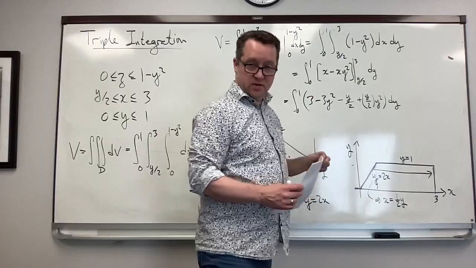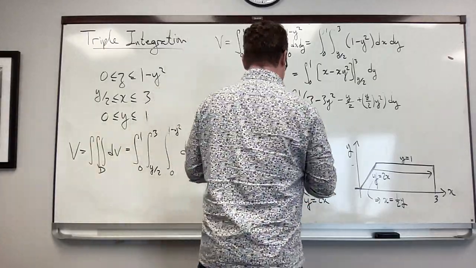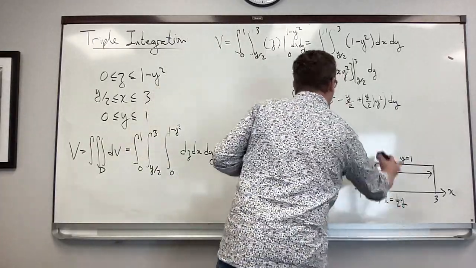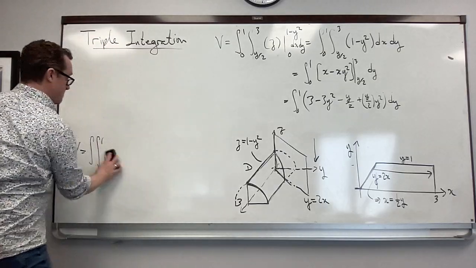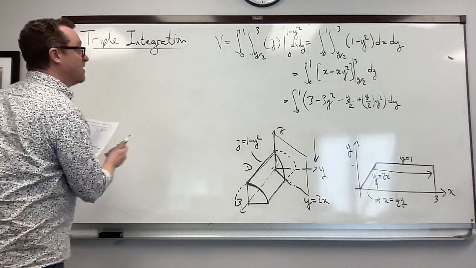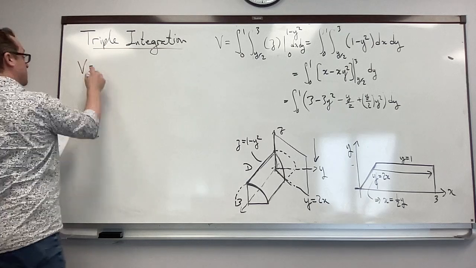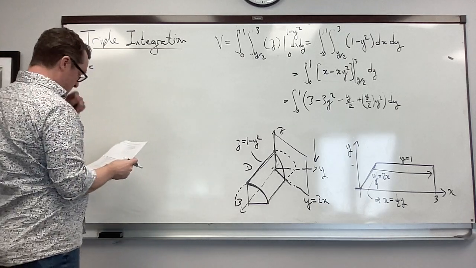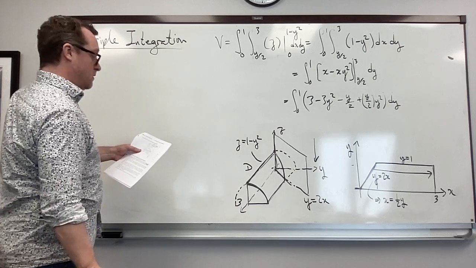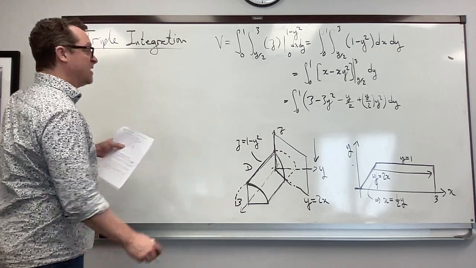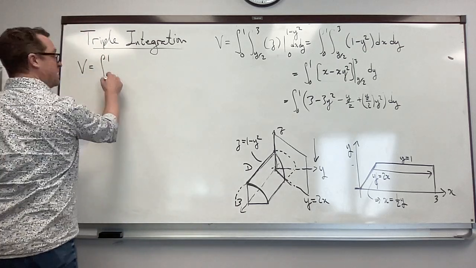All the x's are replaced with those limits, as always. Now I'm going to move back over here to keep the diagram the same. Our volume will be equal to, and I'll simplify one time,